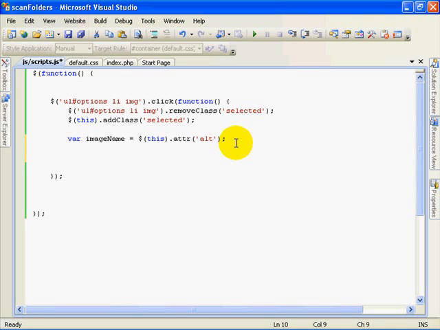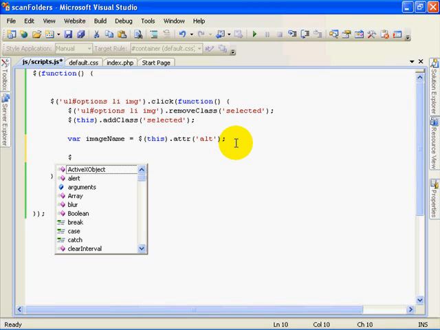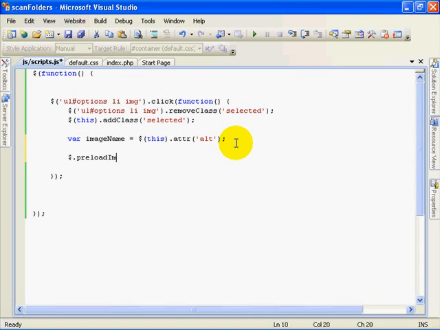Next, we're going to create a jQuery function, so we're going to do a jQuery preload image. Actually, you know what? I'm not even going to bother doing that. We might do that in a future tutorial. I don't think I'm going to worry about that. We're going to get featured